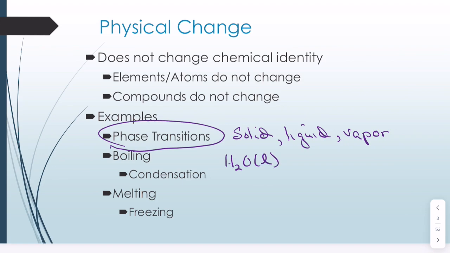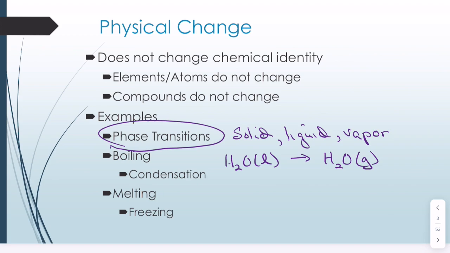So, for example, we might be talking about water boiling at 100 degrees Celsius. It is still water. We have H2O molecules in the liquid phase, and those molecules then in the boiling process go into the vapor phase. They become gases. So it's still H2O. It's a physical change. There's a phase change. Condensation would correspond to the process which is the opposite of that.